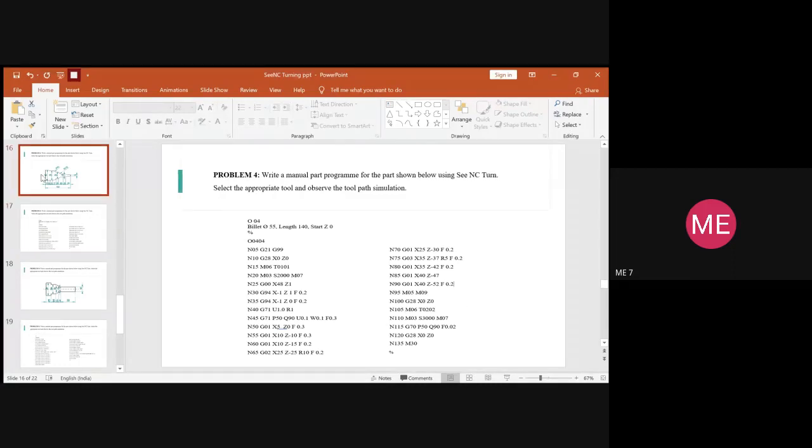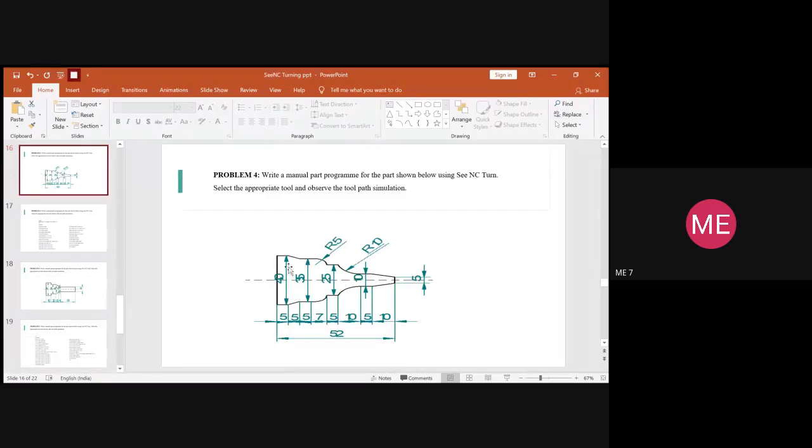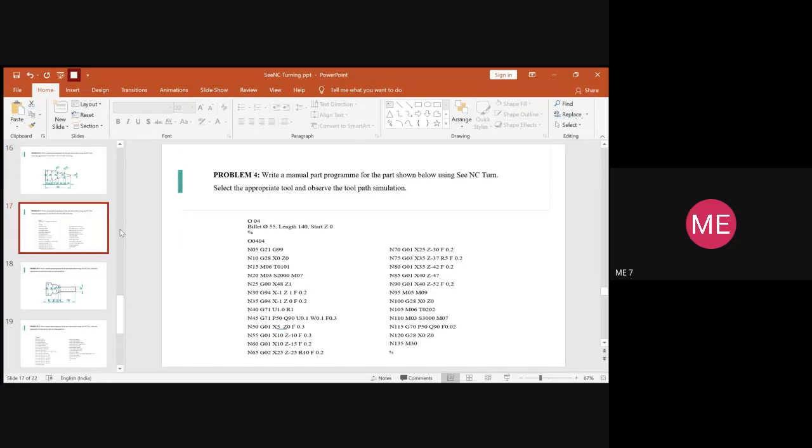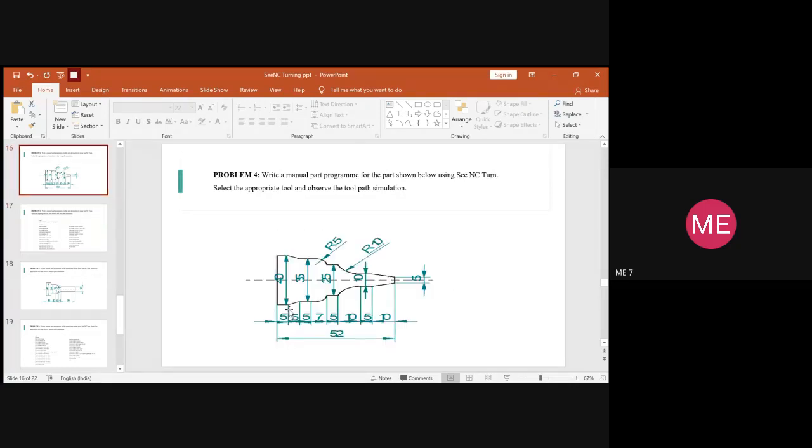So after this, you have to again see which is left out. So this part is again left out, right? So this entire unit again has the same diameter. So the value of X remains unchanged and you will type it as X40. Since it is linear interpolation, you will type it as G01. And previously the value of Z was minus 47. Yeah, previously it was 47. So from here you will add 5 more. So minus 47 and minus 5 comes to minus 52.